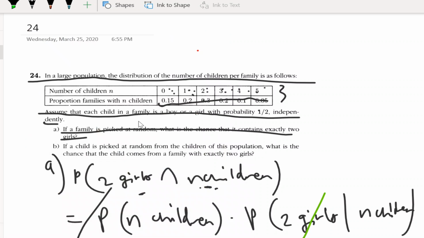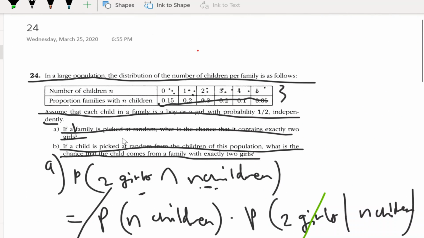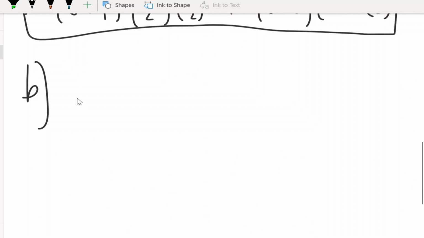Alright, so sorry for that pause. So for part B, if a child is picked at random from the children of this population, what is the chance that the child comes from a family with exactly 2 girls? So this one is a little more interesting. So you have to remember that